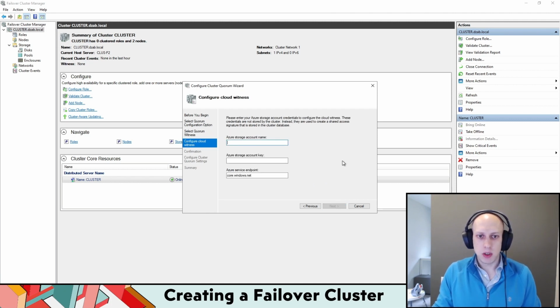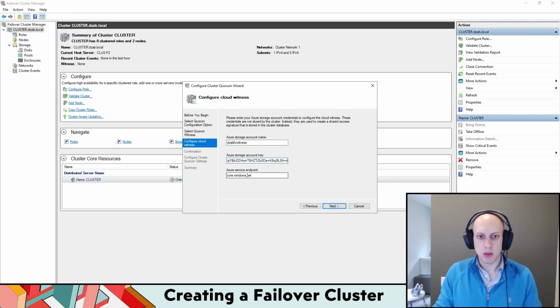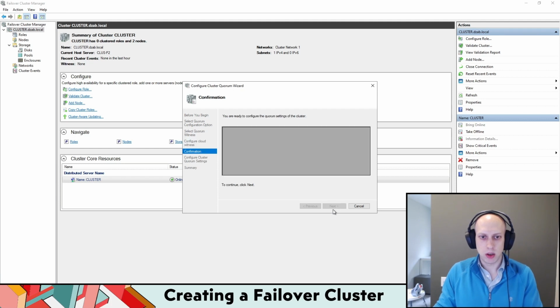To configure the cloud witness, this is all you have to do. So let me go over to Azure and copy some stuff. My storage account name is going to be dzab failover cluster witness, and the storage account key I can just copy from the portal and paste in here. And I'm using a regular storage endpoint, so I'll just change it there. Click next,